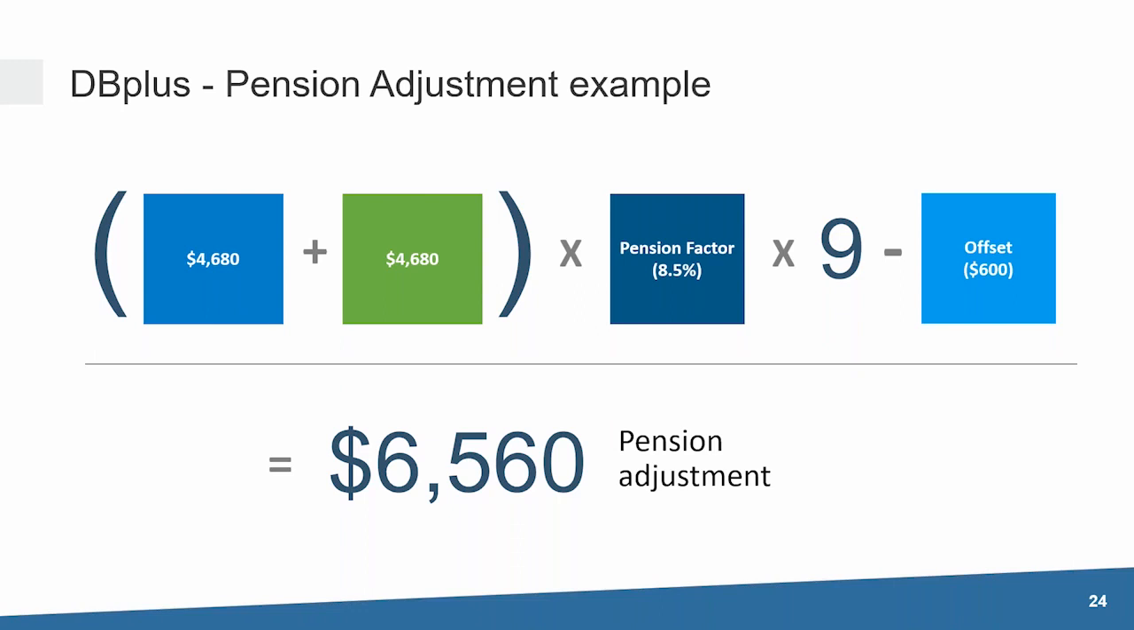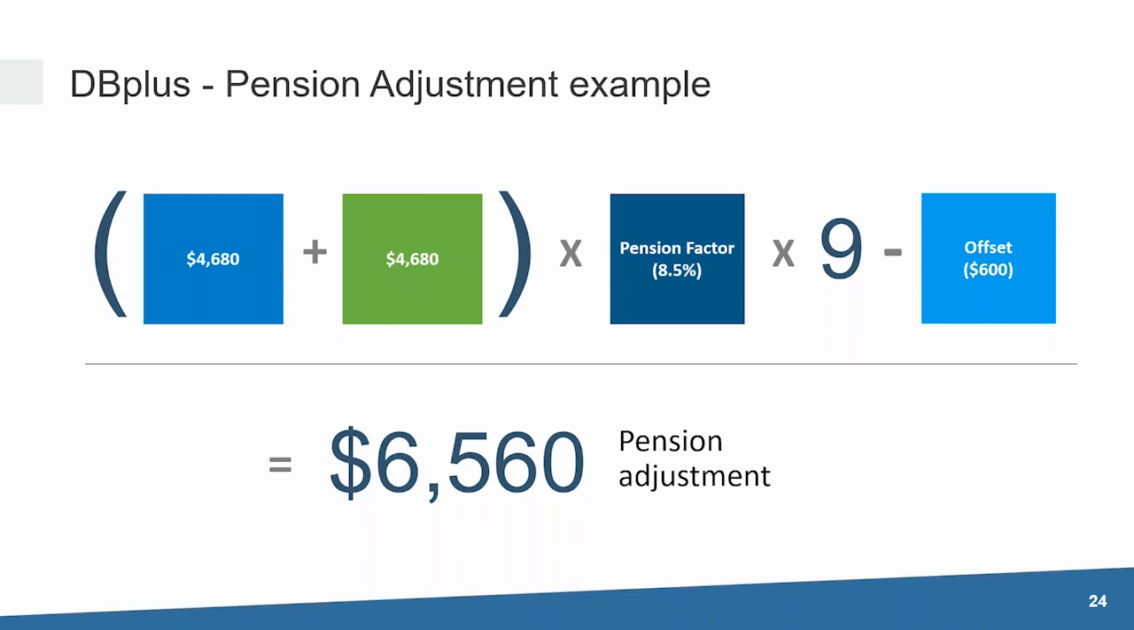Let's go through an example. If a member contributed $4,680 during 2020 and the employer contributed $4,680, the total contributions are $9,360. If you then multiply by 8.5%, this equals a pension benefit of $795.60. Multiply that by 9 equals $7,160. Subtract the $600 offset, which would give you a PA of